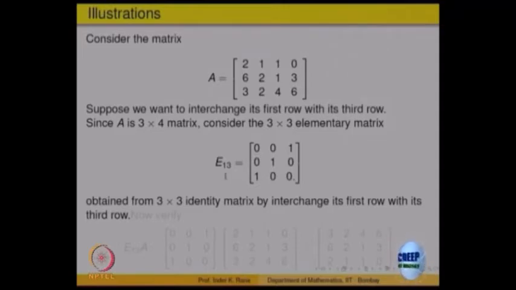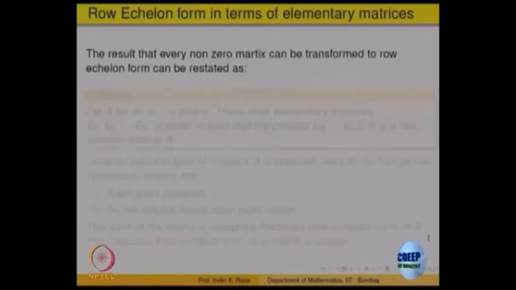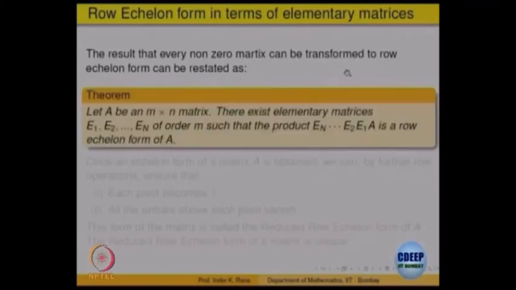And now, what should I do? Take this matrix, pre multiply A with this matrix. So, let us do it. E13 multiplied by A, so that is E13, that is A. Now, if you multiply, right, so this is 0, this is 6 and this is 3. So, 3 will come here, right, matrix multiplication, you can check that. Clear to everybody, right. So, pick up the elementary matrix corresponding to the elementary row operation that you want to do and pre multiply, okay. So, the resulting matrix will be transformed accordingly.